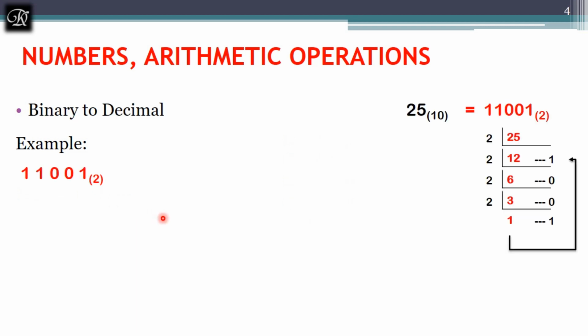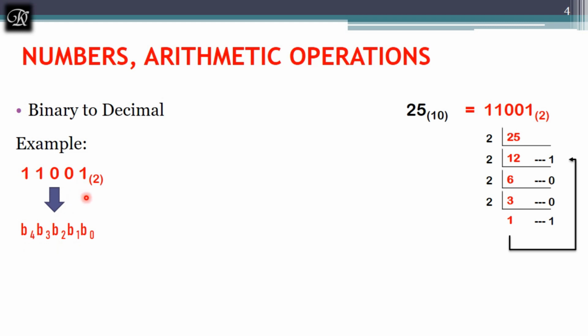Now let's see how to convert binary to decimal. I'll take the same value which I discussed in the previous example, so that it will be easy for us to verify. This is how we found the binary version of the given decimal. So let's see how to do this. First, mark the bits. So how many bits are there? It is having 5 bits, and bit numbers start from 0 till 4.